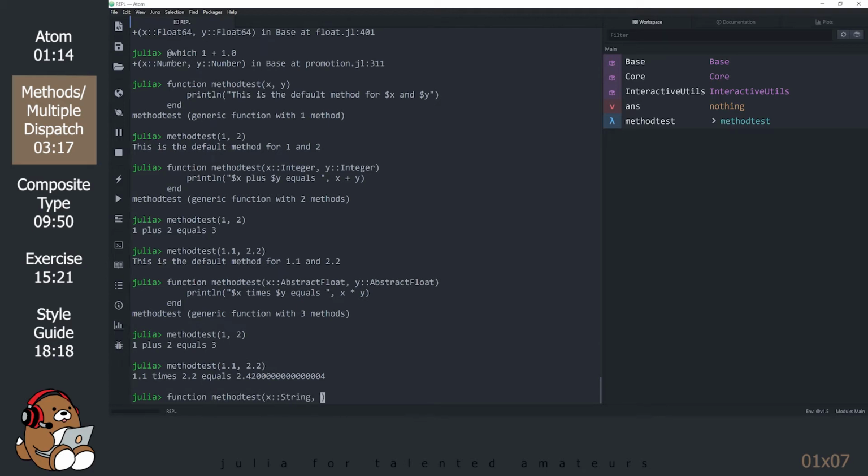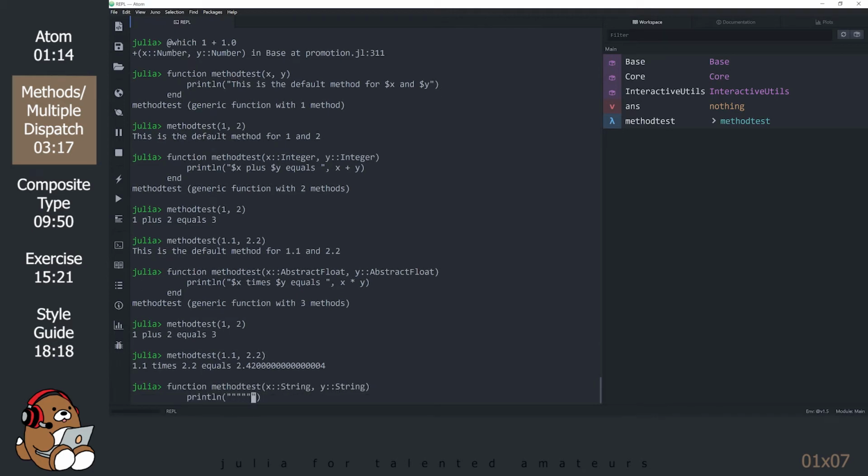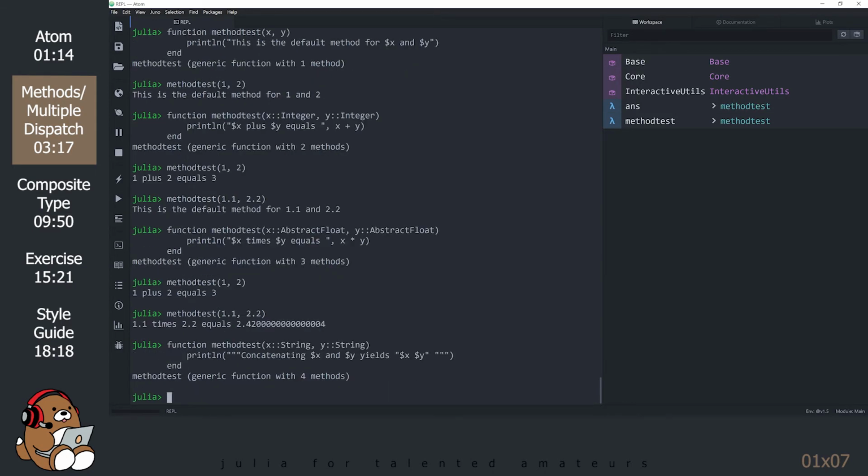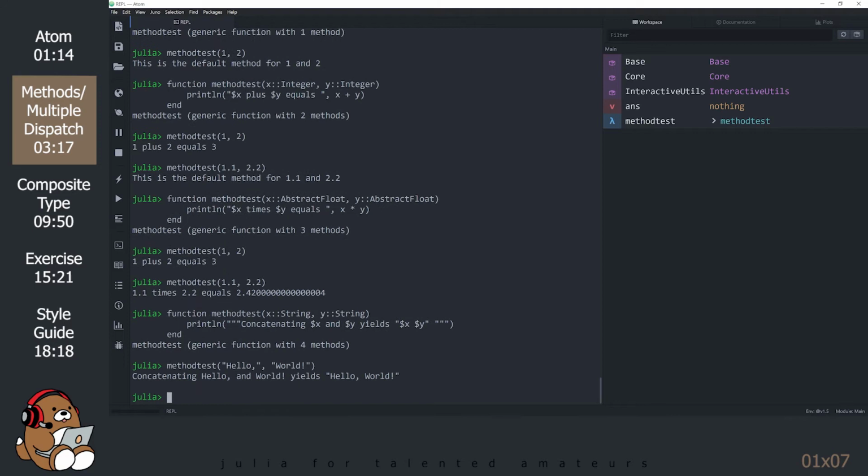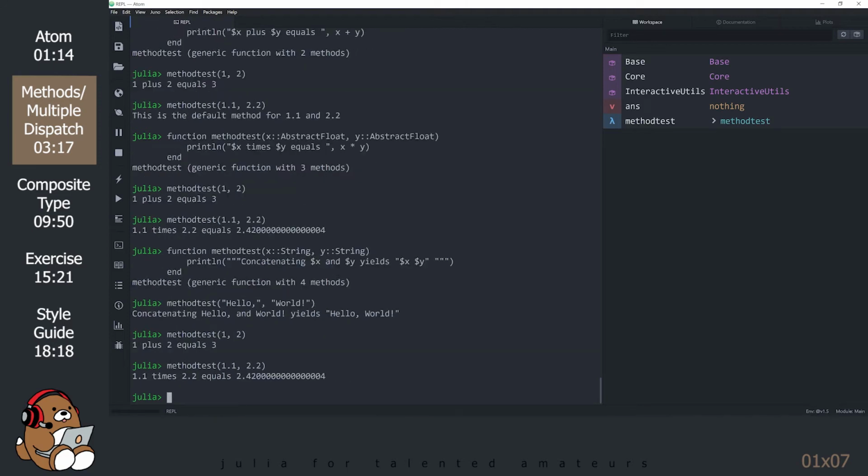Let's set up one more method to handle strings. Let's call our function. Now, your function behaves very differently depending on the data types entered as arguments.